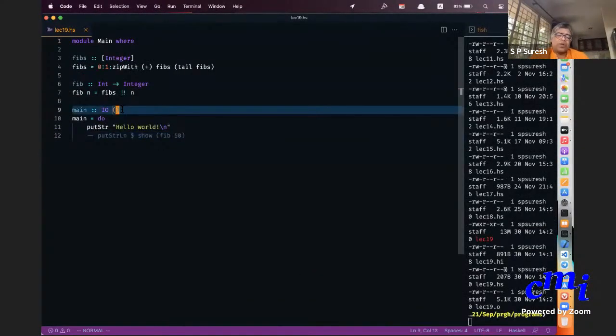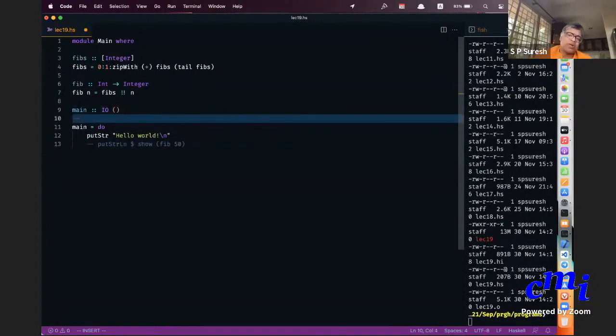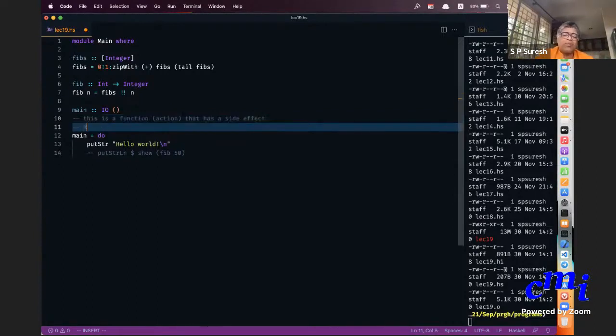That of printing to screen is one side effect. This is a function, as you will see, more technically called action rather than function, that has a side effect. And return value is not significant, which is why you represent it by unit.